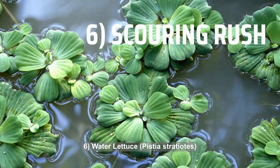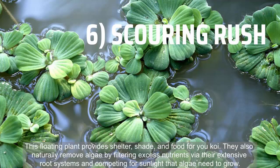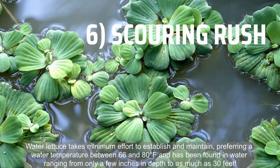6. Water lettuce, Pistia stratiotes. This floating plant provides shelter, shade, and food for your koi. They also naturally remove algae by filtering excess nutrients via their extensive root systems and competing for sunlight that algae need to grow. Water lettuce takes minimum effort to establish and maintain, preferring a water temperature between 66 and 80